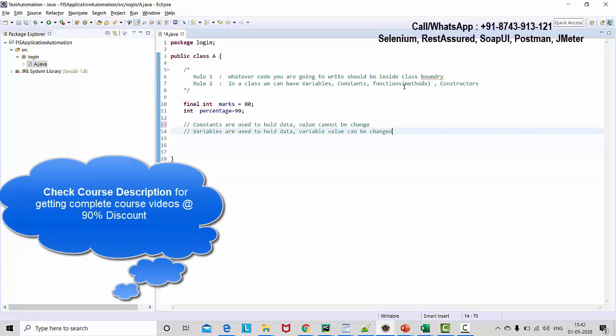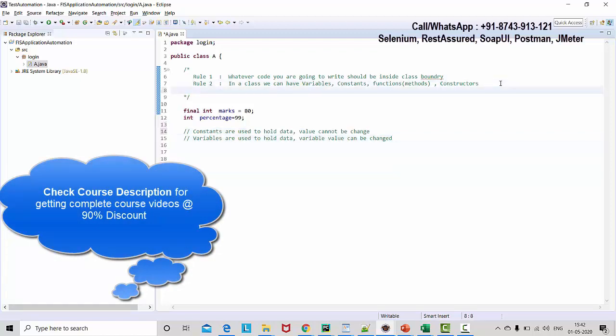That needs to be remembered, like rule 3: whatever code we are writing other than variables and constants should be inside a method.